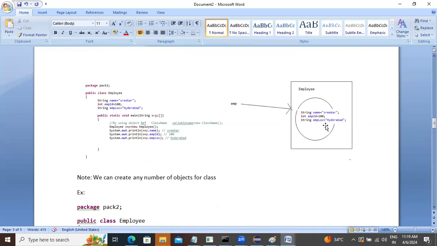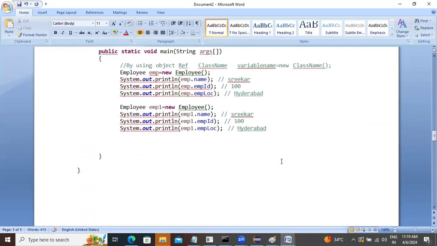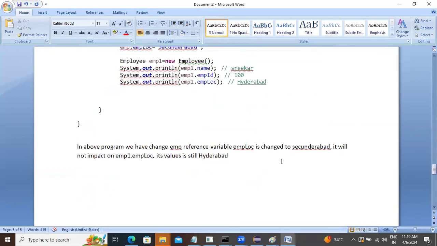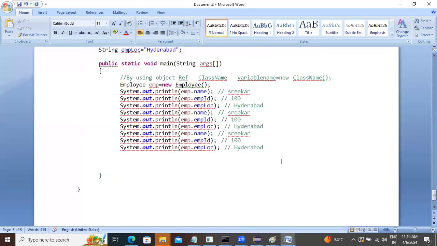Okay. So why do we create objects? To access the class values. How many ways can I create an object? Two ways. Using object reference and without using object reference. Okay, this is about the object reference. So next we will see